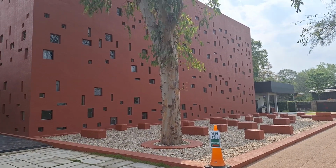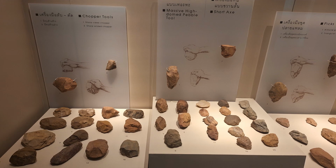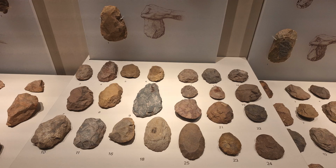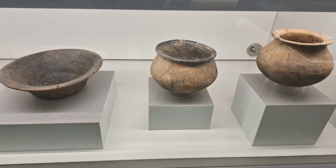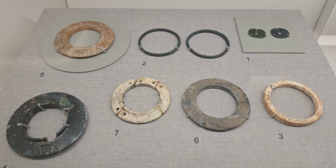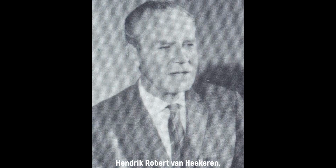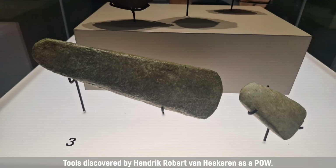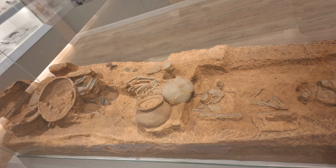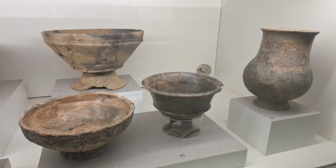So this museum houses all archaeological evidence and artifacts from prehistoric eras, such as stone tools and jewellery and axe heads, that kind of thing, that were discovered in this local area. And it all came to be due to quite an improbable act, because some of the first tools were discovered by a Dutch POW who was working on the Death Railway near here, and he discovered some tools which I'll show you now, which are on display in the museum here, and he tried to keep them to himself, because if the Japanese found that he had these stone tools, they would obviously confiscate them. So he managed to do that, and the first part of the